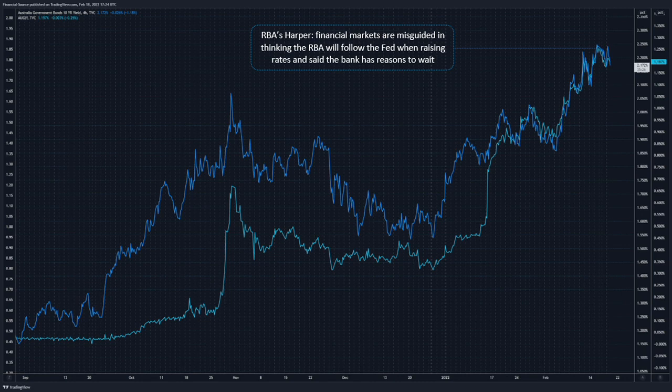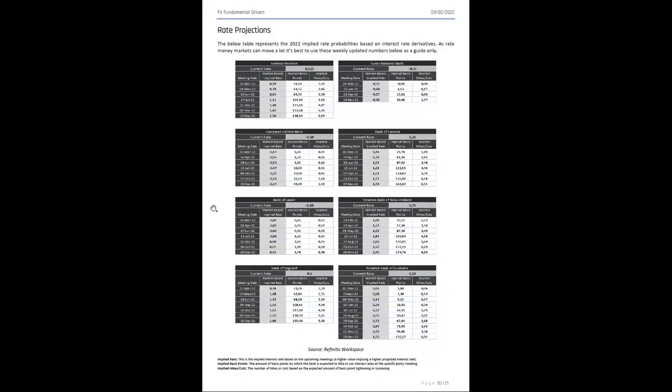If we take a look at our weekly fundamental drivers report, we can see that rate expectations for the RBA have barely changed, right? We're still looking at about 6 hikes priced in for this year. Now, do we think that is aggressive? Of course we do. We don't think we get to 6, but the same can be said for other central banks' expectations as well, looking at the RBNZ, the Bank of Canada, the Fed, the ECB, the Bank of England, even the SNB. We don't think that these central banks get close to these expectations.